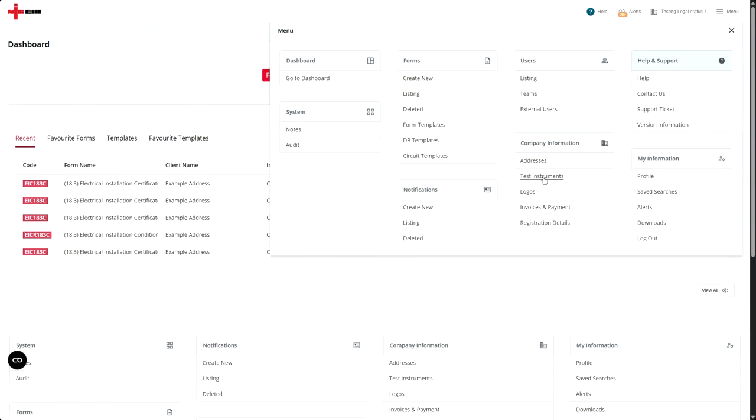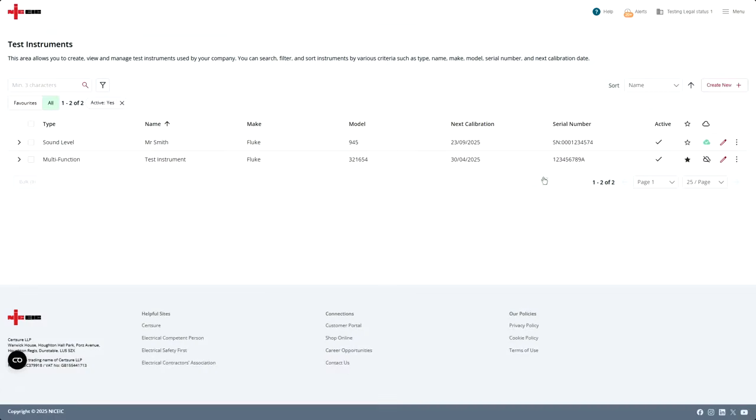One area I will touch on is the test instruments. If we go to company information and test instruments, you can see I've got 2 bits of equipment saved on my system at the moment. I can at a glance see the name, the make, the model, next calibration date, serial number, and whether it's active or not. If I needed to make an amendment, say I've recalibrated it and it's due to be retested in a couple of years' time,